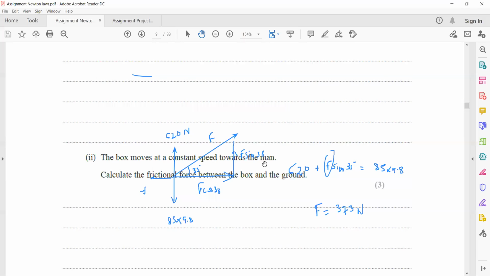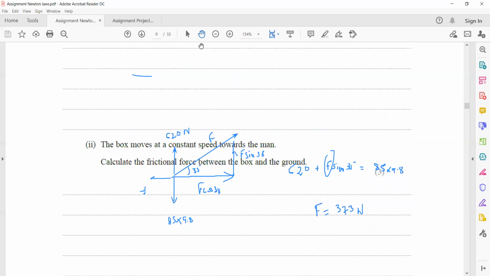So we can say that F cos 35 is equal to the frictional force, and F we already worked out, which is the pull of the man, which is 373. So 373 cos 35 will be the frictional force. So 373 or 370 cos 35, which is about